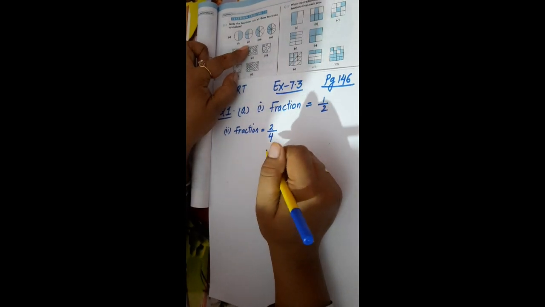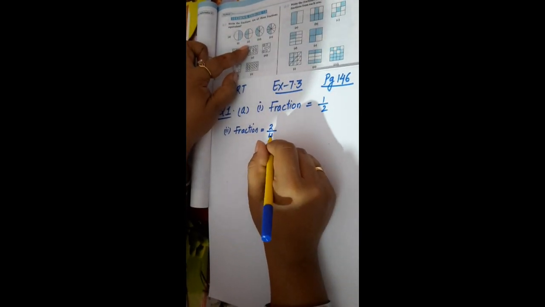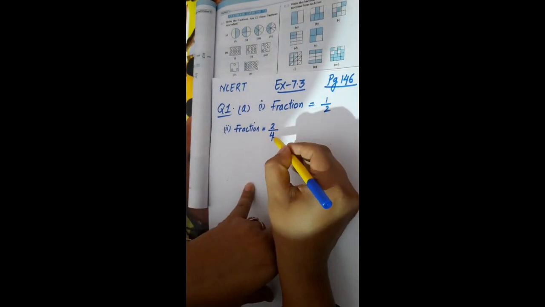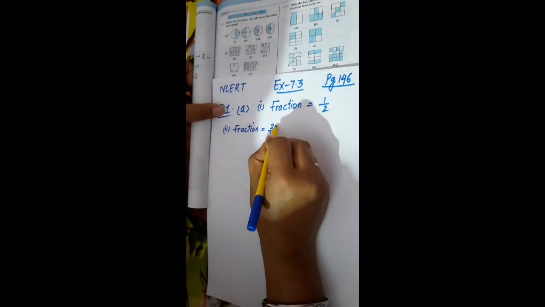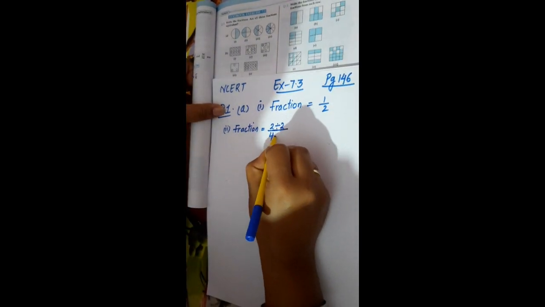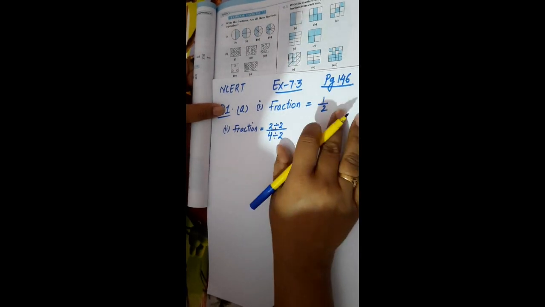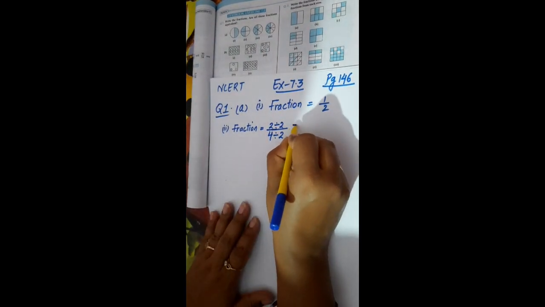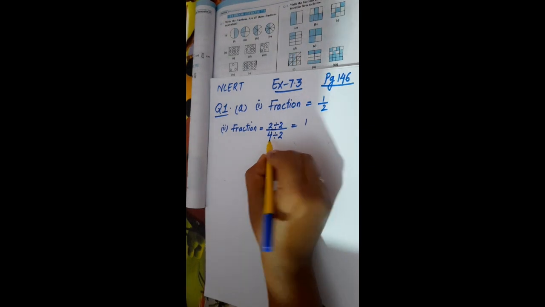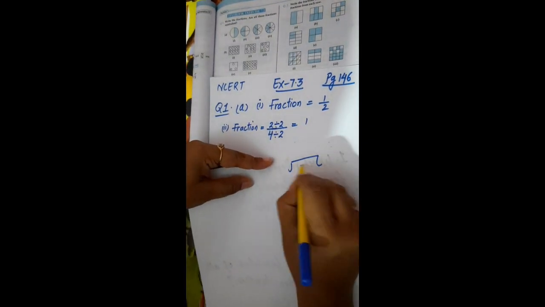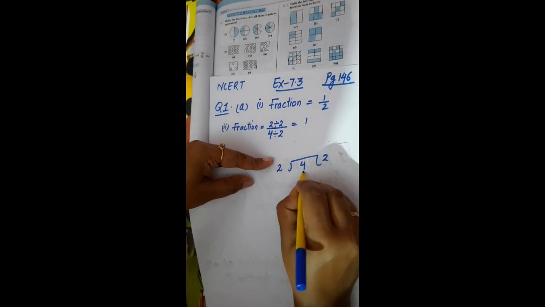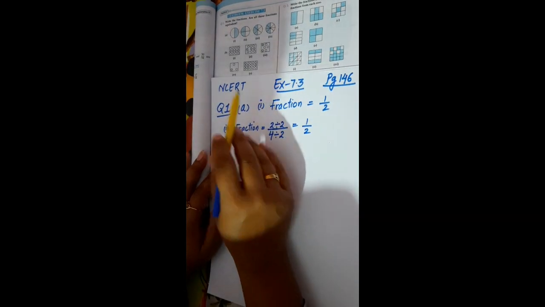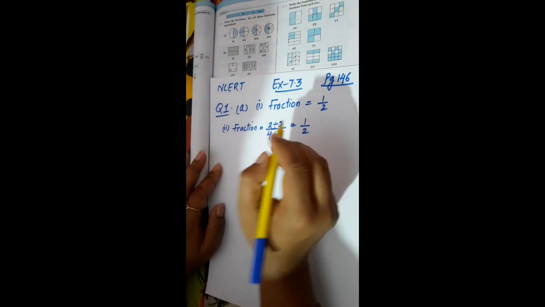Now we have to simplify this fraction. We have to reduce the fraction to its simplest form, or lowest form. As we know, both the numerator and denominator are divisible by 2. So I will write numerator divided by 2, denominator divided by 2. 2 divided by 2 is 1. When I divide 4 by 2, 2 2s are 4. So here you have 1 upon 2. So the fraction of the second figure, when reduced, is 1 upon 2.